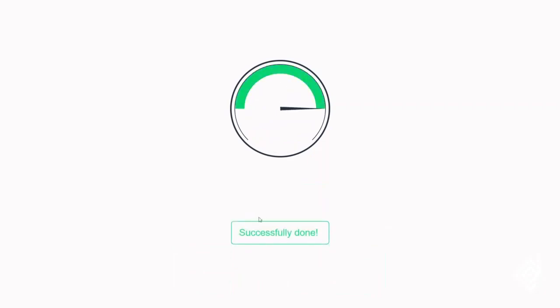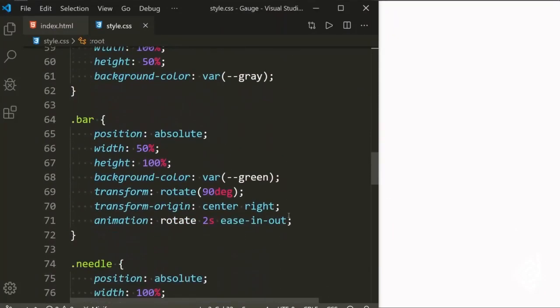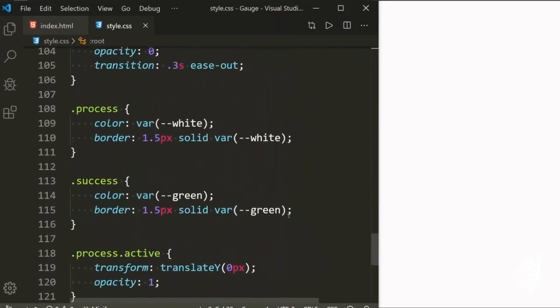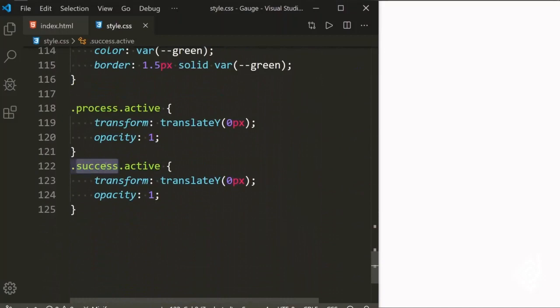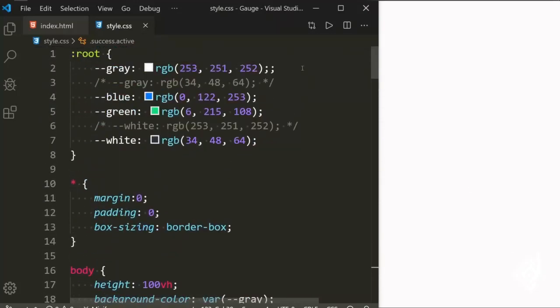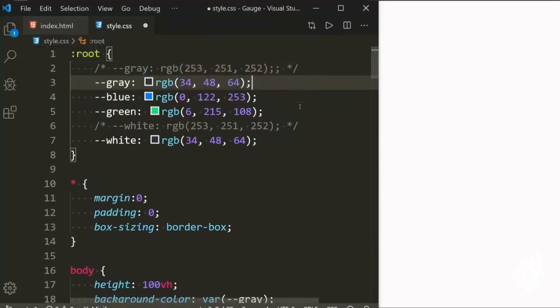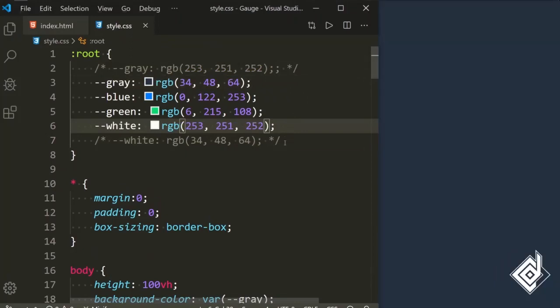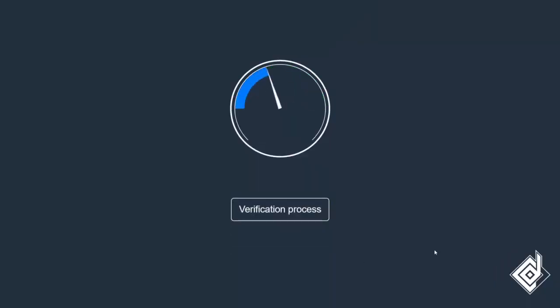Okay, if you notice that the success message is in the wrong position, so let's adjust that position. For the success class, when it is active, I am giving translate Y to minus 52 pixel. If you go back to the browser, okay, now you can see you are getting the right position of the success message. So let's go back to the CSS, and now let's change back to the dark theme. Okay, now everything is good, everything is working. So let me know in the comment box, which one did you love, the light theme or the dark theme?